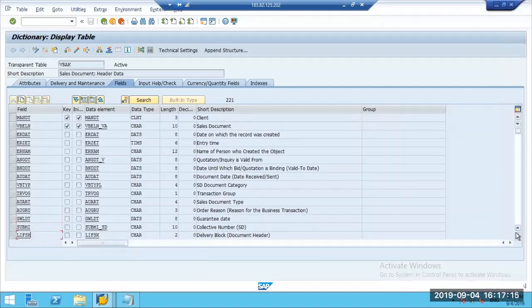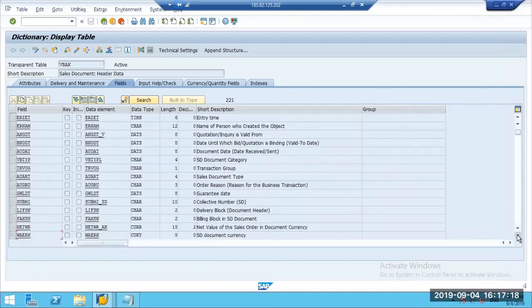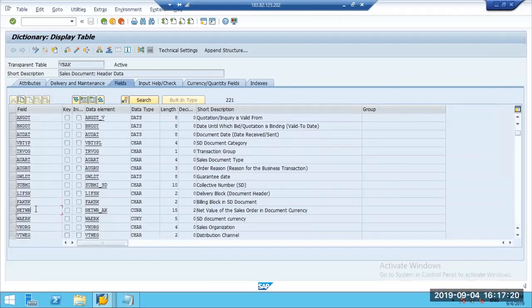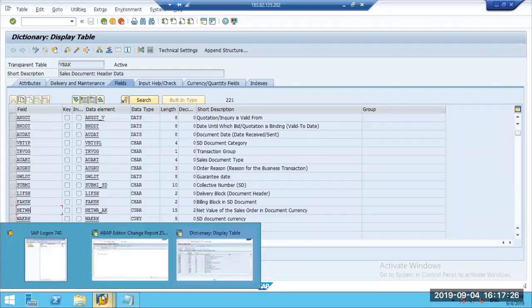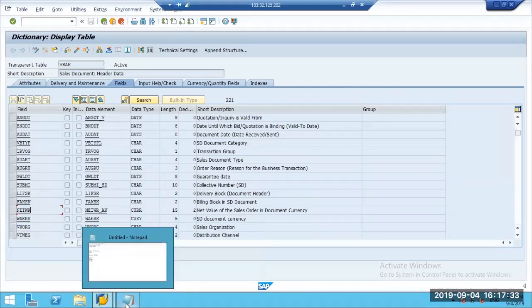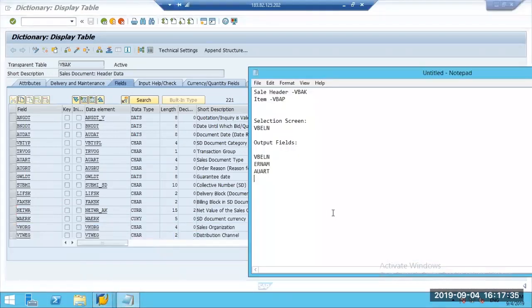There should be some price field. Yeah, so NETWR. Okay, so we'll take NETWR. Assume that these are the 4 columns I want to display in the output, as well as I